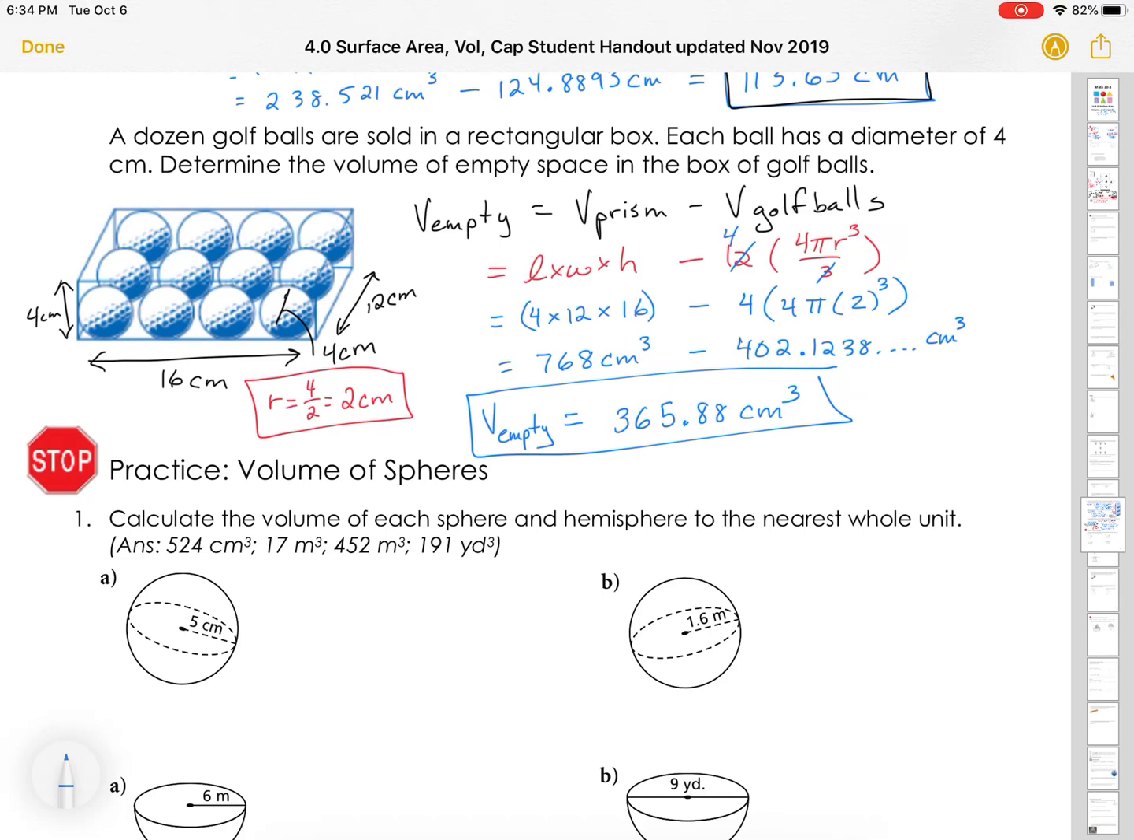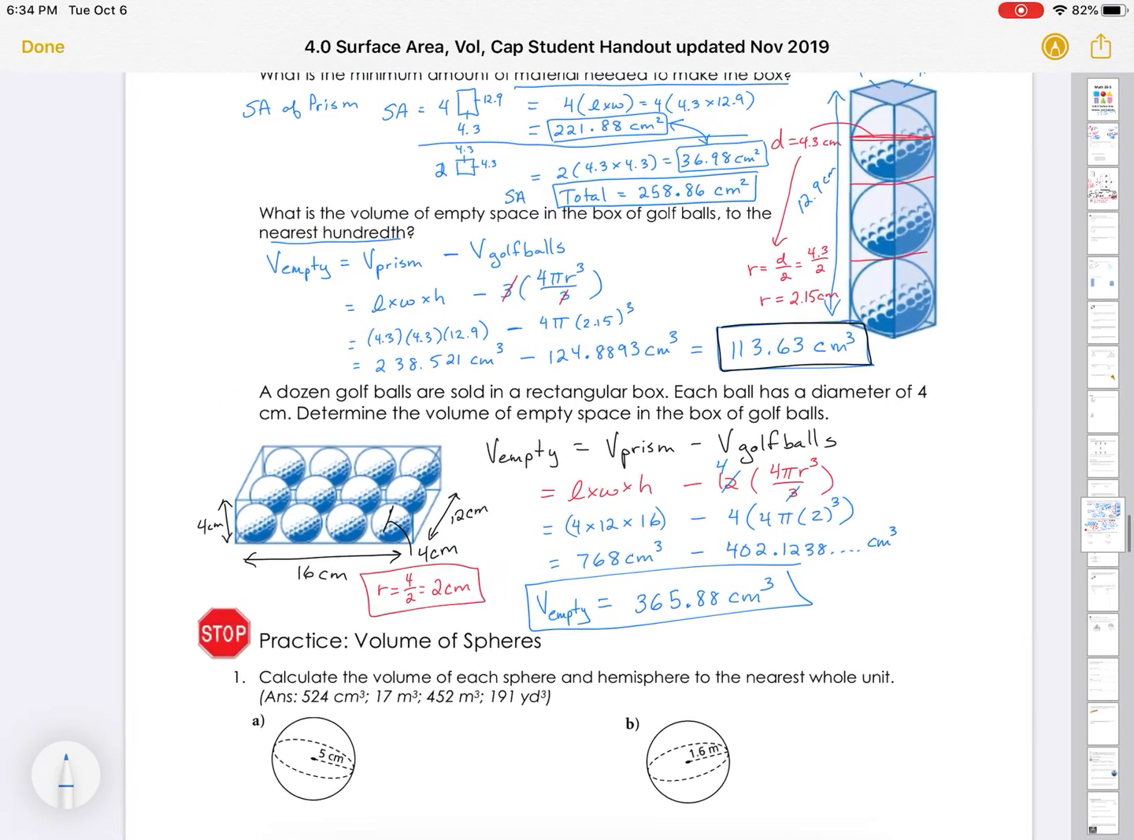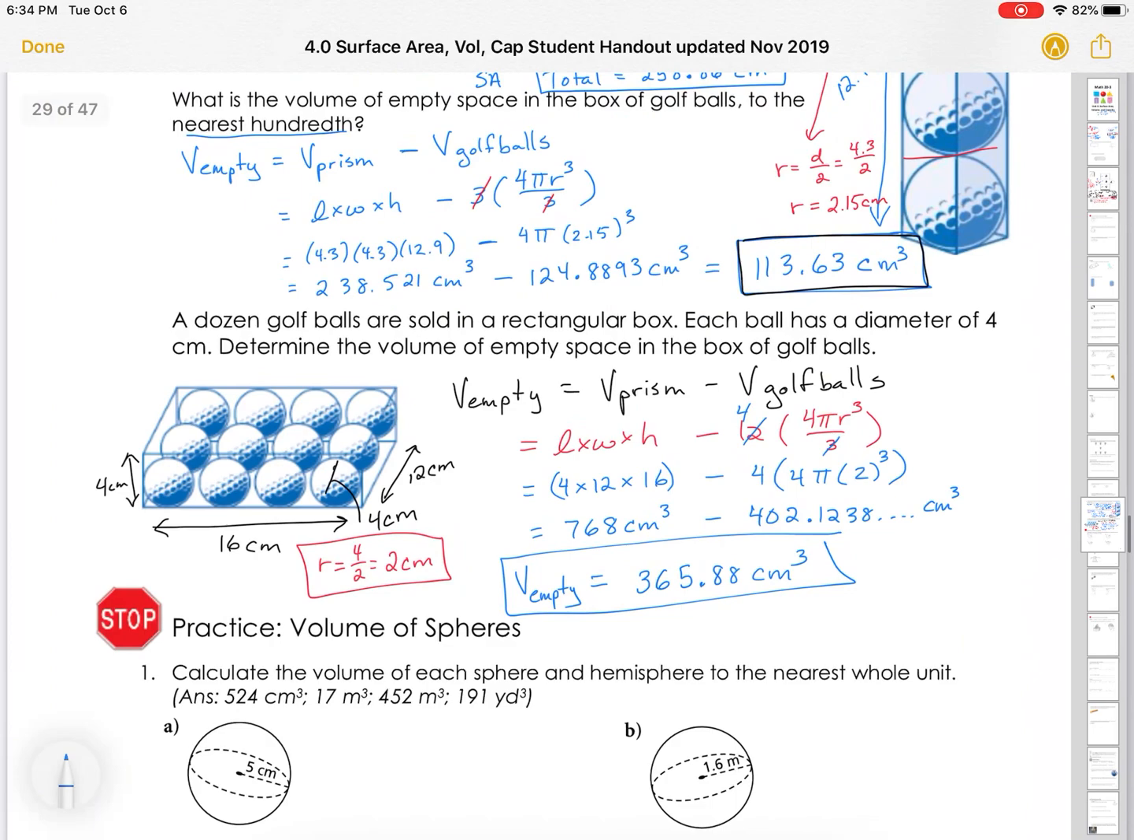Alrighty, now you have practice to do. So it's practicing. Think about whether it's the whole sphere. Think about whether it's one that you've scooped out. Use these examples to help you solve them. Okay, and if you need to go back and look at each